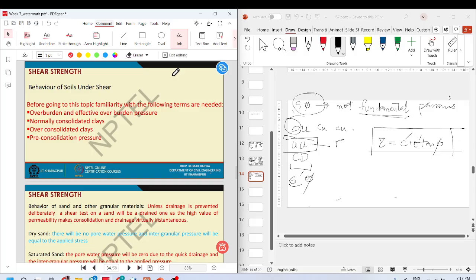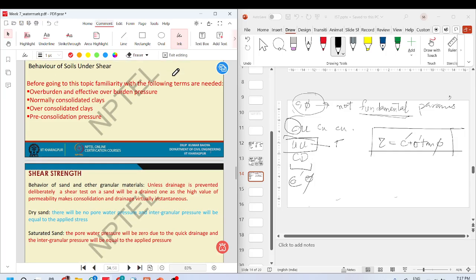Okay, behavior of soil under shear. Before going to this topic, familiarity with the following terms are needed. Overburden, effective overburden pressure, normally consolidated clays, over consolidated clays, pre-consolidation pressure. Okay, so